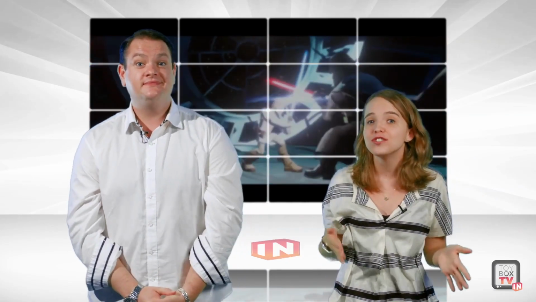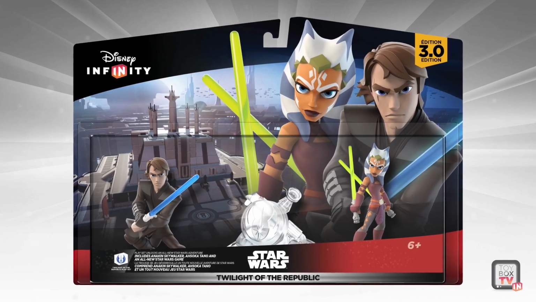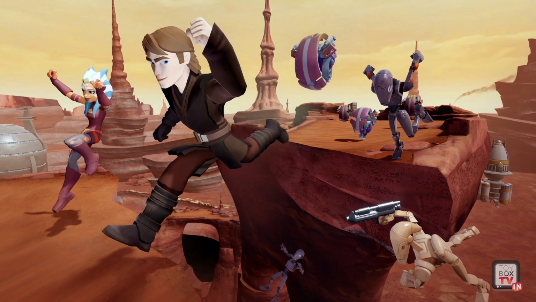Okay guys, you know you are all about the Disney Infinity 3.0 edition sneak peeks, and honestly, we love bringing them to you. So let's take a closer look at the Star Wars Twilight of the Republic and Rise Against the Empire playset. Alright, we're gonna start with Twilight of the Republic because that's the one that comes with the starter pack. Now this one is set during episodes 1 through 3, aka the Clone Wars era, and you guys